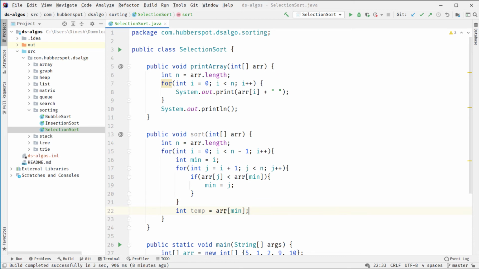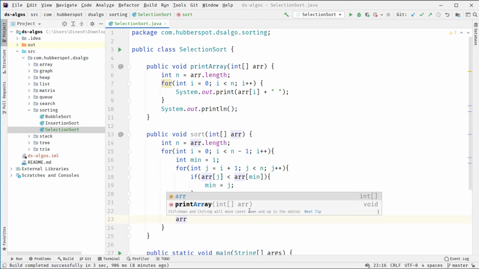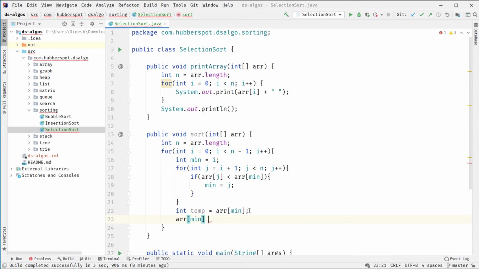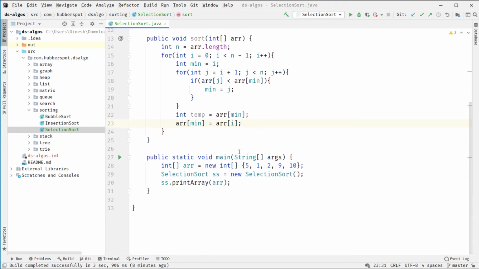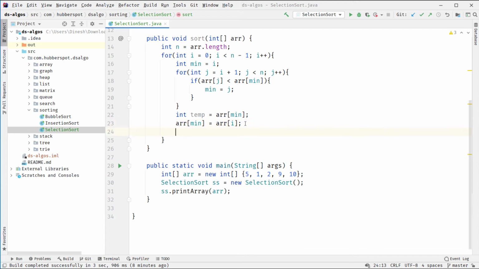So we first store the value at min index, which would be our minimum value, into the temp. And then we will assign the value at ith index to the value at min index. And at the last, whatever value is stored in temp we will assign to the ith index.